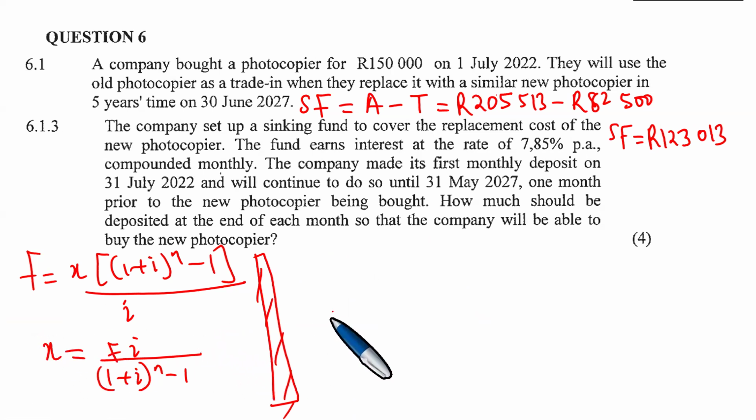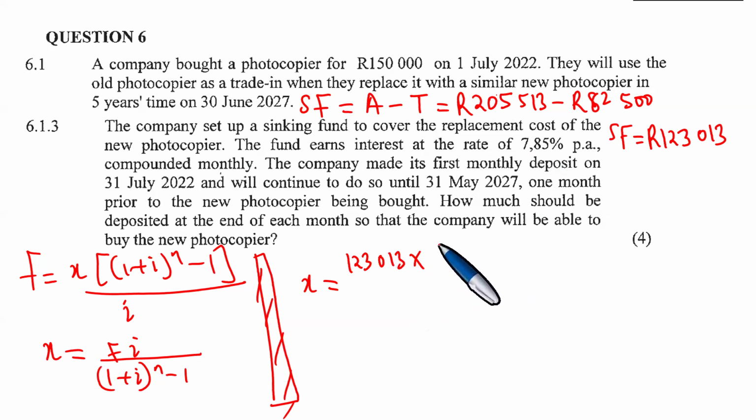Right, so this is exactly the same as x equals that, which means that x is equal to 123, the sinking fund 013 multiplied by the interest rate, which is the 7.85% per annum, but it's compounded monthly,